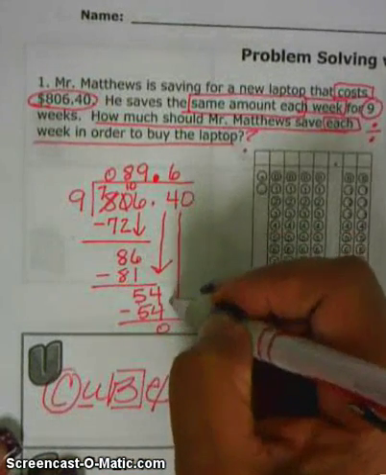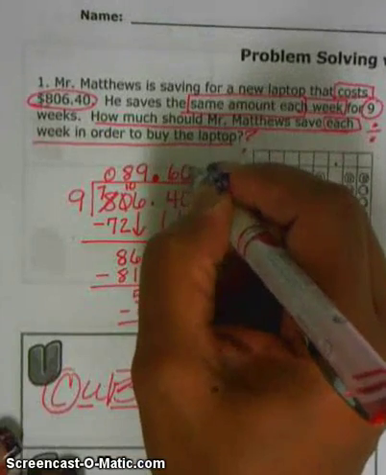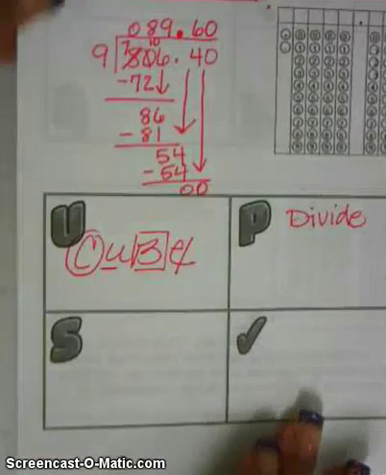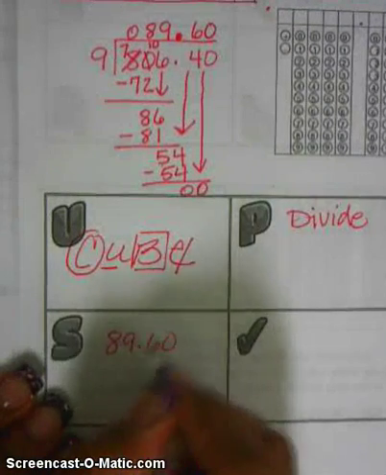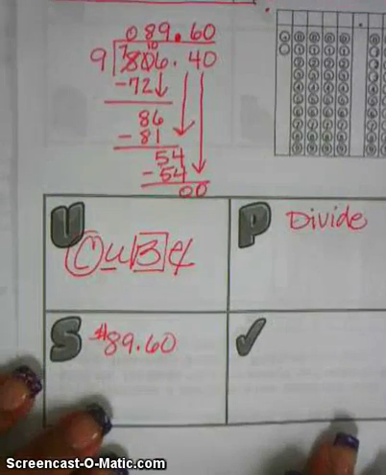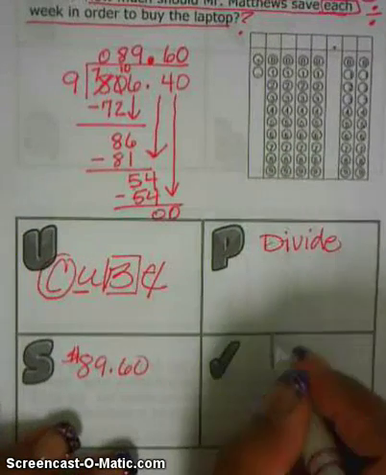I'm going to go ahead and bring down this other 0 because we are talking about money, and that puts the 0 in the quotient. And so Mr. Matthews needs to save $89.60 each week for 9 weeks. Okay, so I could check my answer by taking the